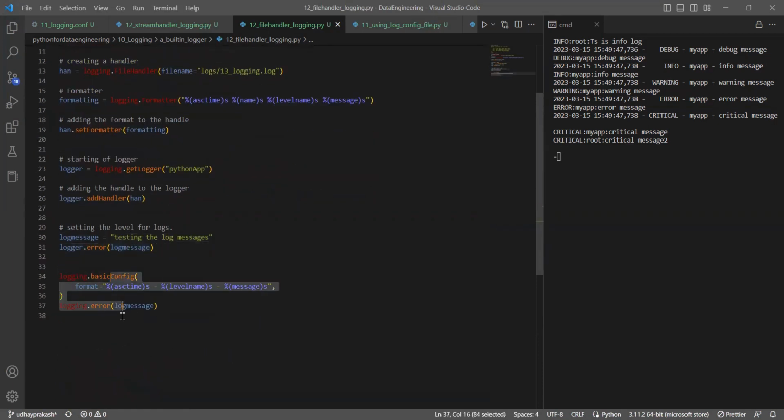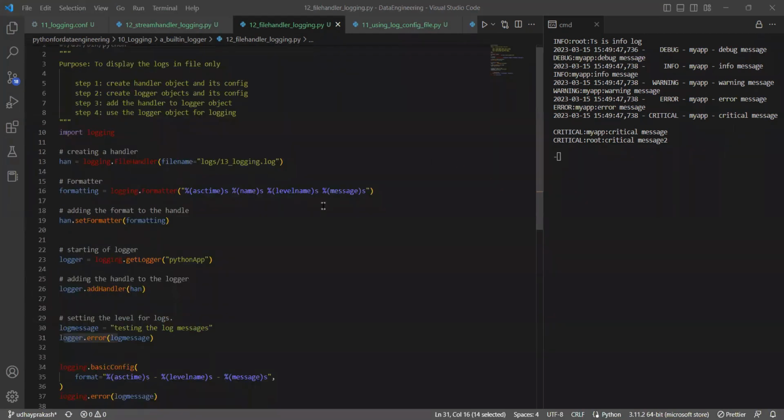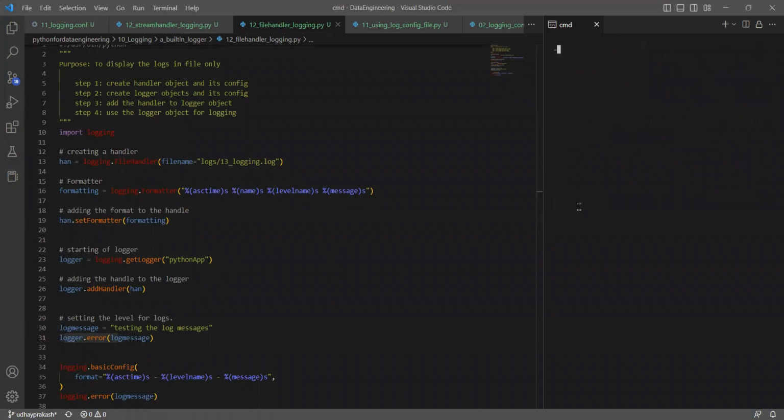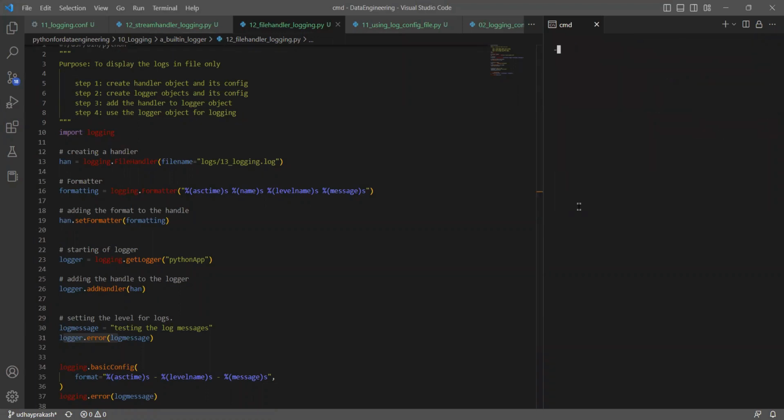The same message I want to do with basic config also. Hope you understood the difference between logging.error and logger.error, which means the custom logger object. But this time I didn't do anything else. I created it like this in Python. With the file handler, if I execute Python 12 file handler,